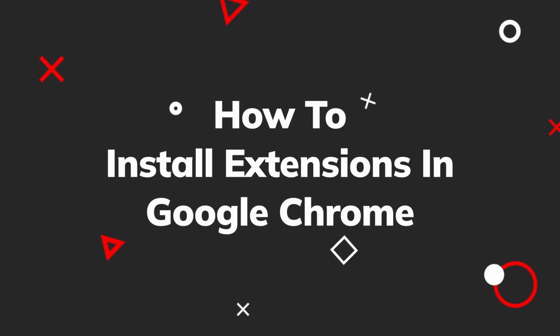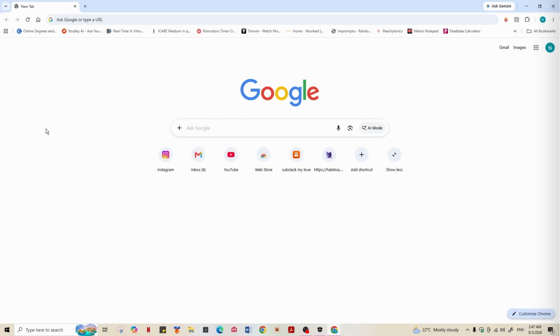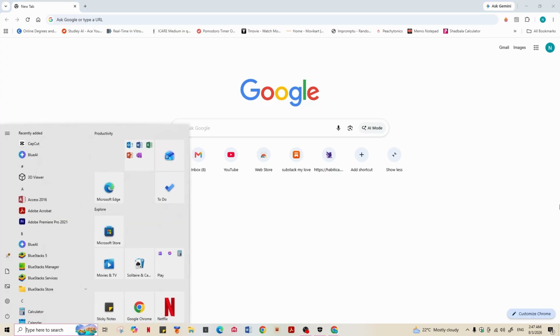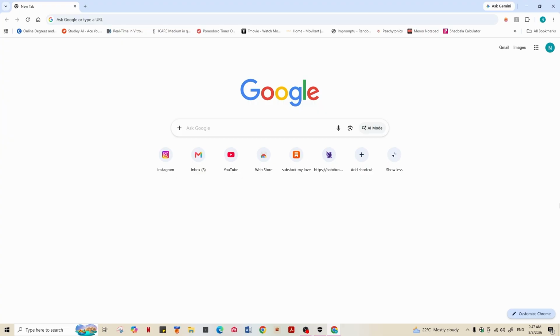So here's a guide on installing Google Chrome extensions on your device. To begin, you need to open your Google Chrome application. Extensions enhance your browsing experience by adding various functionalities. So to install an extension, navigate to the top right corner of the Chrome browser window and click on the